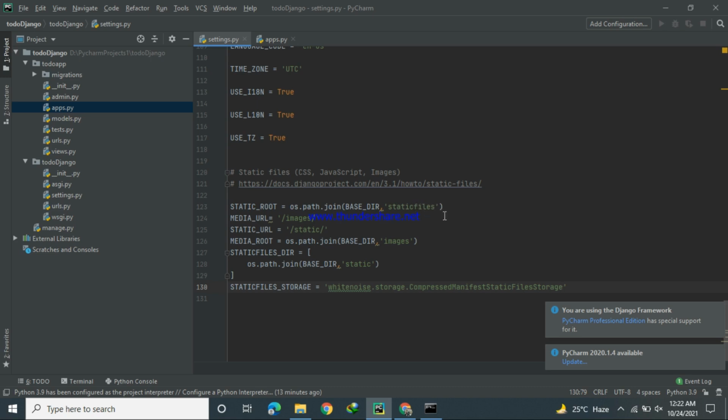Okay, so it's the main function of whitenoise.